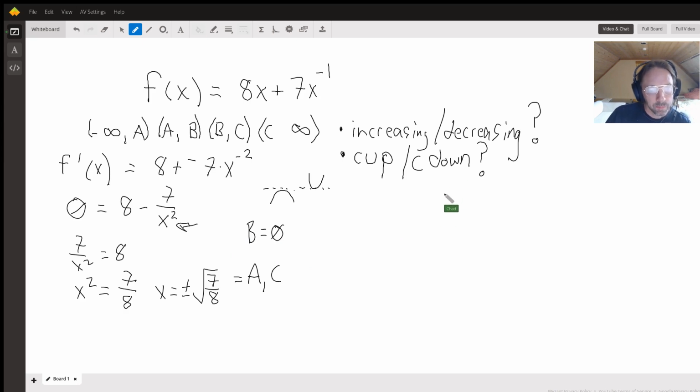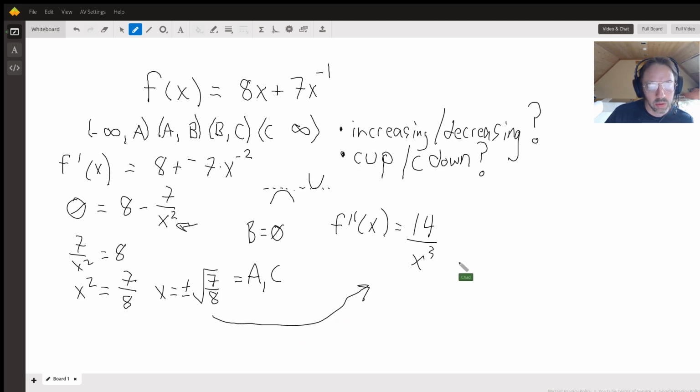And then there's a question of, are they concave up or concave down? So one way to do that is you can find the second derivative, see if it's positive or negative. It's going to give you 14 over x to the third. And when you put your critical points in here, the negative critical point,